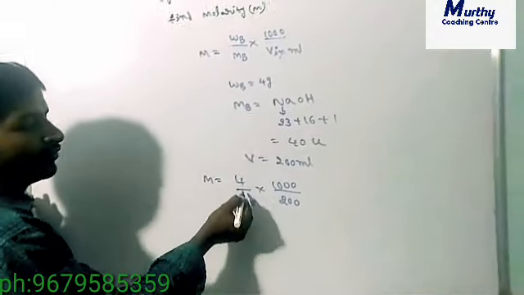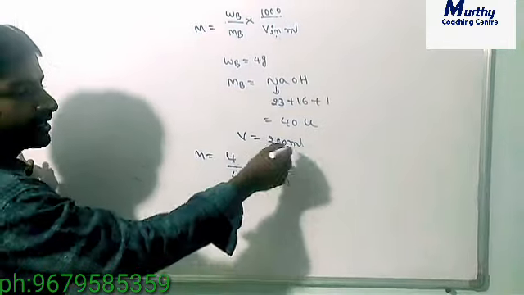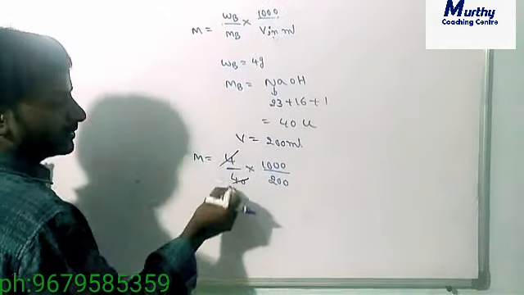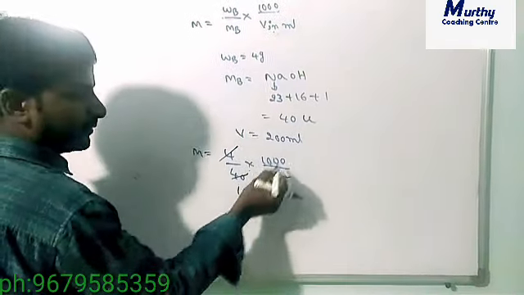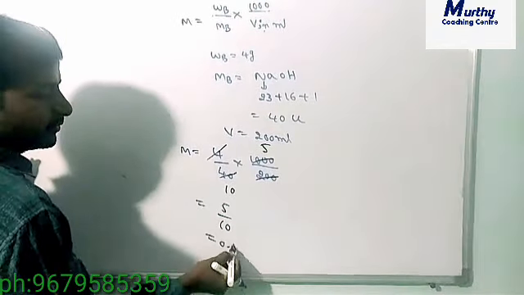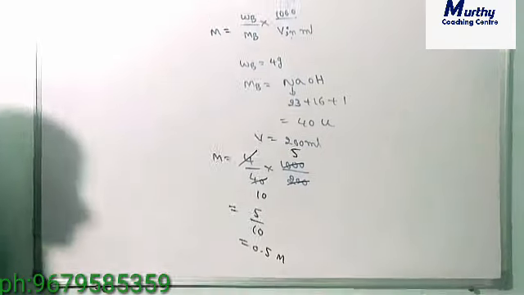तब ये 4 by 40 कैंसिल होगा तो क्या रहेगा, इसमें divide by 10 होगा, 200 कैंसिल होता तो क्या रहेगा, 5 हो जाएगा. क्लियर? Now 4 1s are 4, 10s are 10. क्लियर? 200 ये वाला 5s are. So that is 5 by 10, means 0.5 capital M. This is the molarity. Clear?